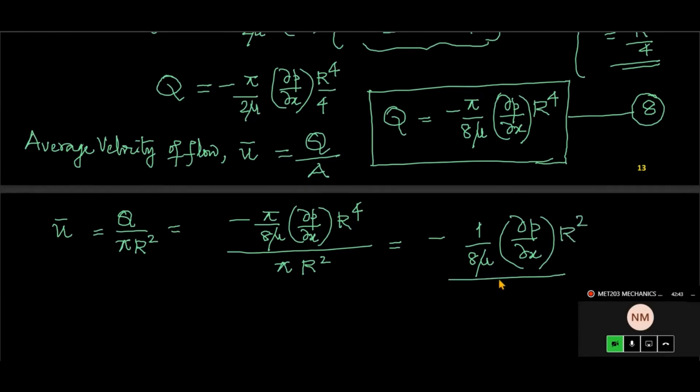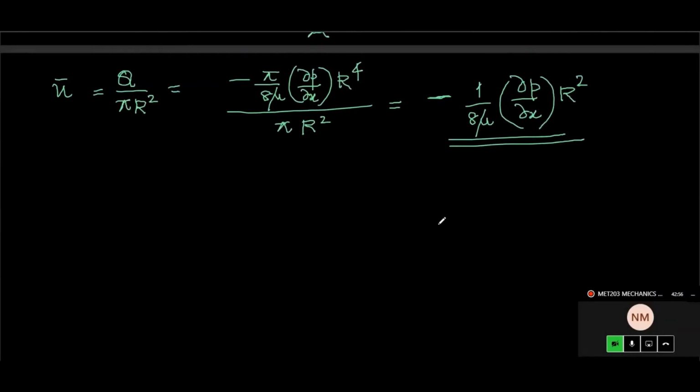See, average velocity is a constant value. Okay. So minus 1 by 8 mu. Don't bother about the negative sign. I repeat, dou P by dou X is essentially negative. So in order to make the velocity positive, you have a minus sign in front of it. Okay. So in numerical calculation, that will not trouble you. But you should remember the fact that dou P by dou X is negative. So this is U bar. This expression is also very important for us. This is, say, equation number 9.